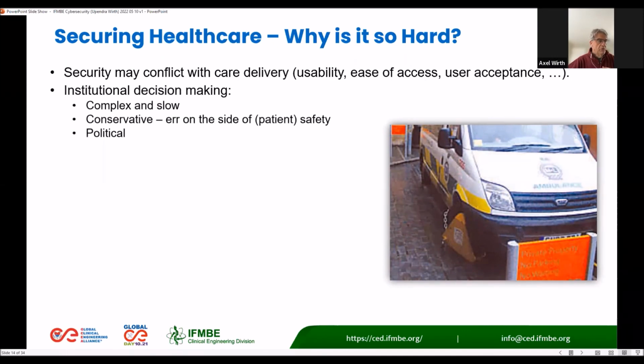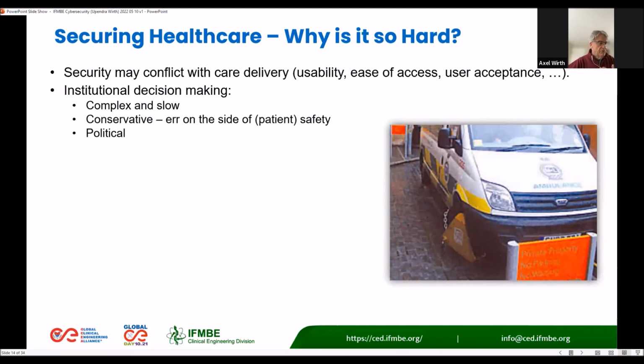Healthcare is not known for streamlined decision-making, but decision-making in healthcare can be very complex, very slow. We tend to be conservative. We also want to stay on the safe side of decisions. And it's a very political environment, all of which we can understand working in the healthcare industry, but we also need to understand that it is